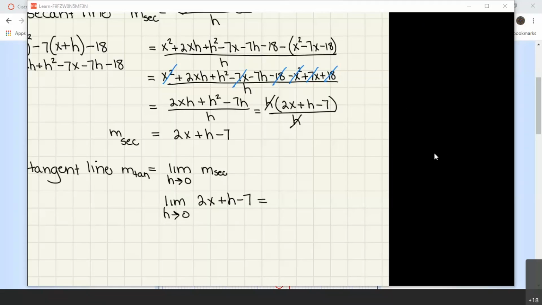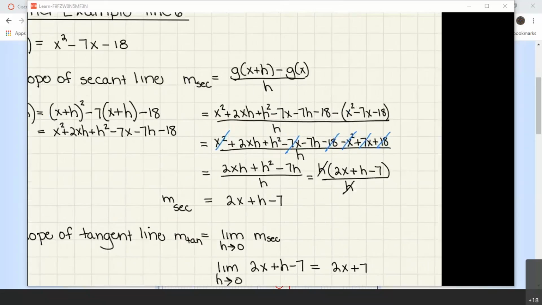Yeah, 2x plus 7. Everybody see it? You can just plug in 0 for h. Okay, this is an example of finding the equation of the derivative. Remember we spoke about that initially, where we talked about the derivative at a particular value is a number,